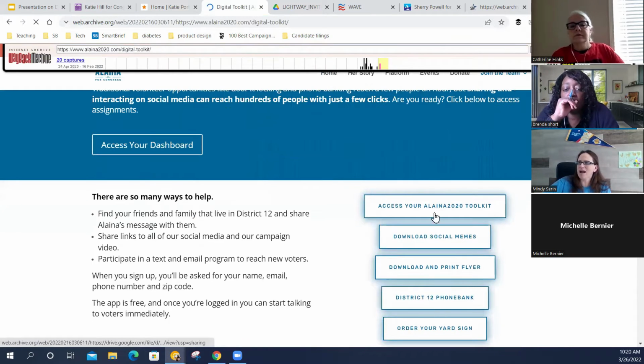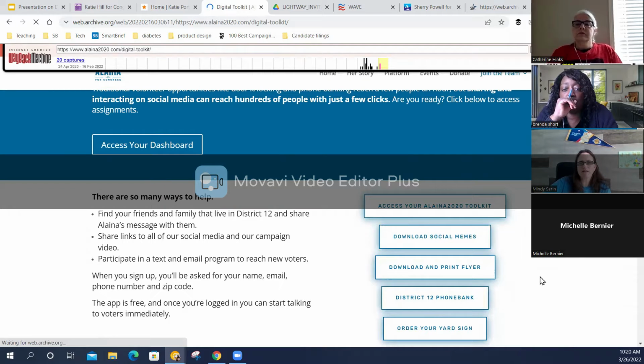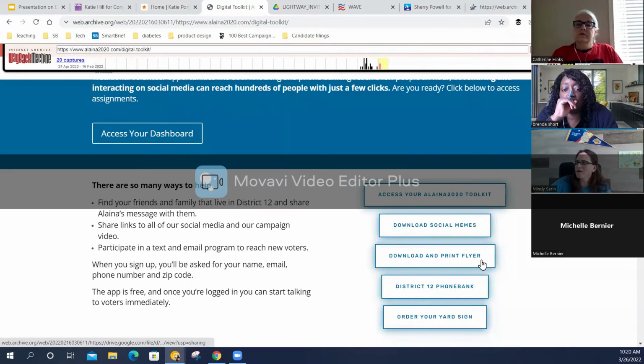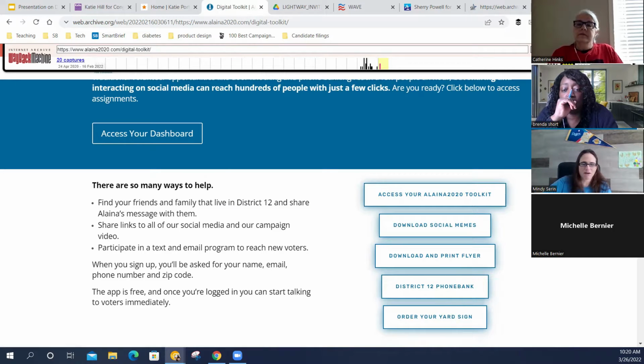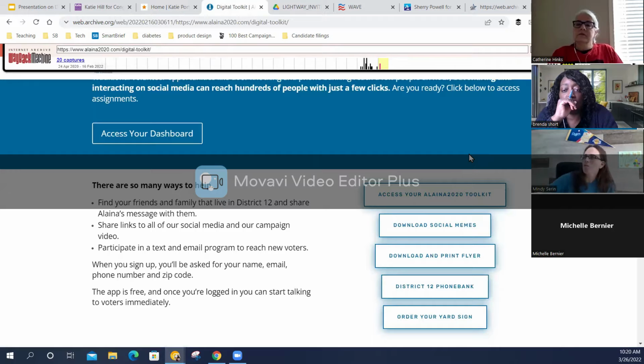There it goes. It has a bunch of assets for your friends and volunteers to just grab, so that you don't need to constantly email back and forth. Social media memes, flyers, get involved with a phone bank or a yard sign. Now, yard signs don't vote, but people really like having yard signs to show their support. And so to have these digital assets, I think it's a great feature to have on a website.